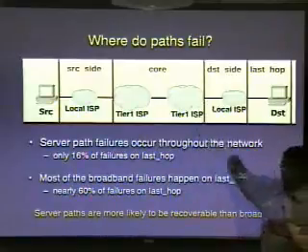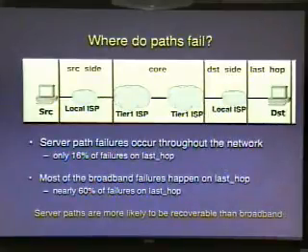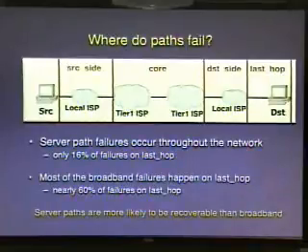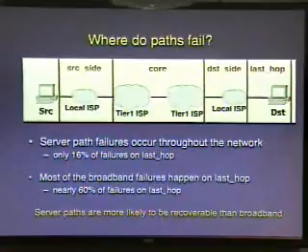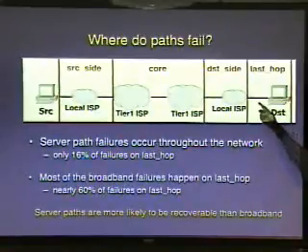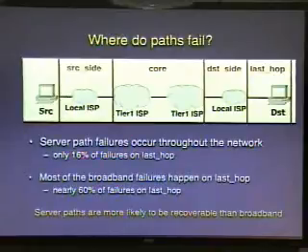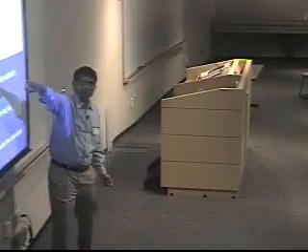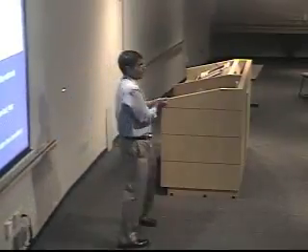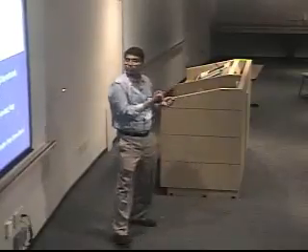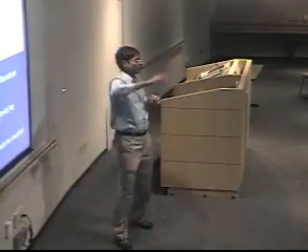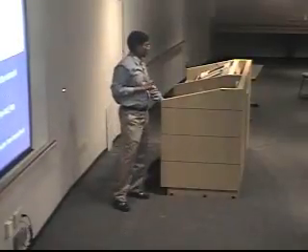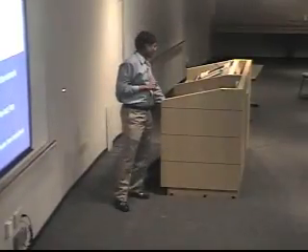If the failure occurs within a Tier 1 ISP, we call it a core failure. If a failure occurs near the source or the destination side, we call it a source side or destination side failure. On the destination side, we cannot distinguish between failures that happen on the last link and failures that happen because of the destination node itself failing. The reason is that we don't control the destination node. We control the source node, which is a measurement machine within our PlanetLab measurement testbed. But the destination node is a server or a broadband host that we have no control over. So we categorize those failures into last hop failures.